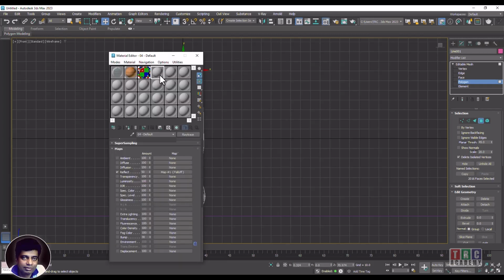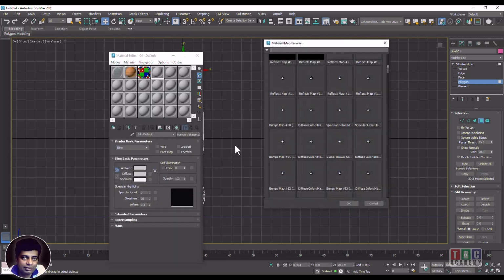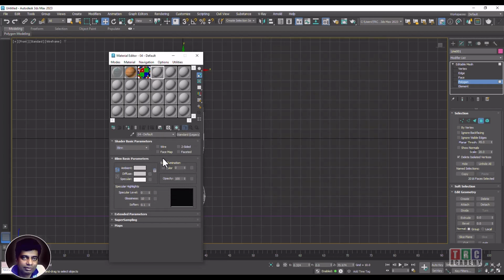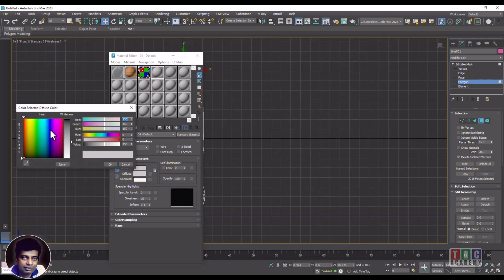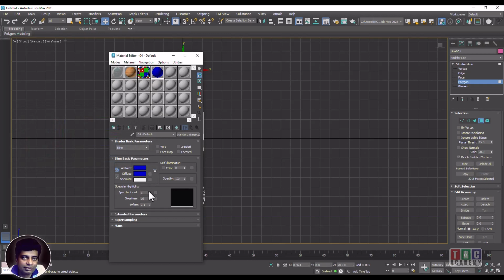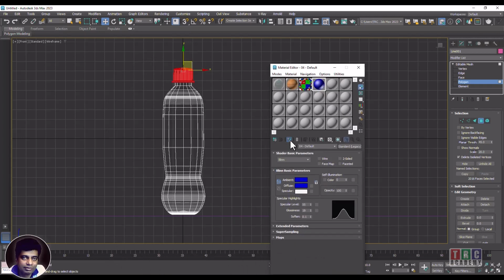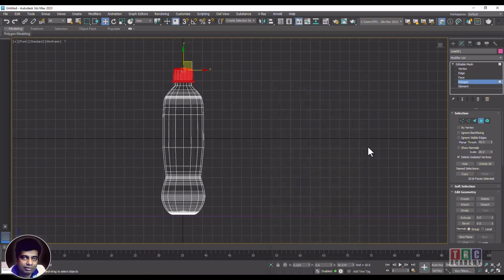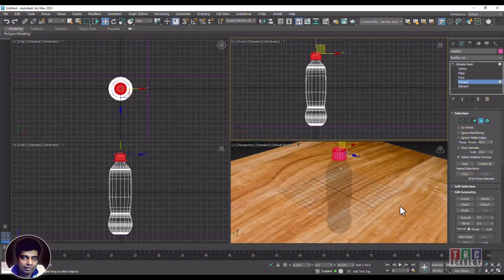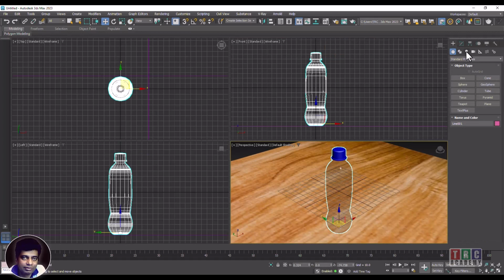Again go to material and select a color. I don't want anything. I just want only one color. A blue color with some shininess like this, and I'll just apply it to it. Okay, so I applied it, and I'm going to leave a light,